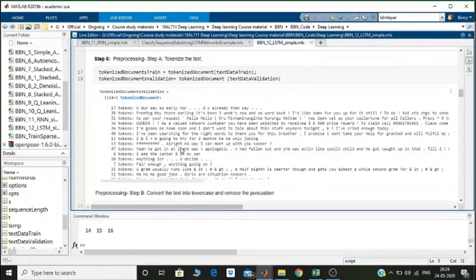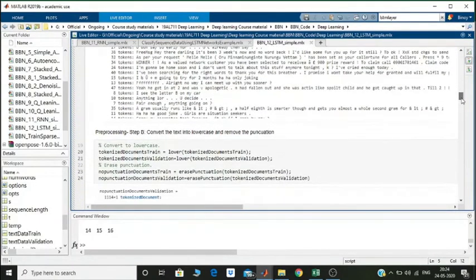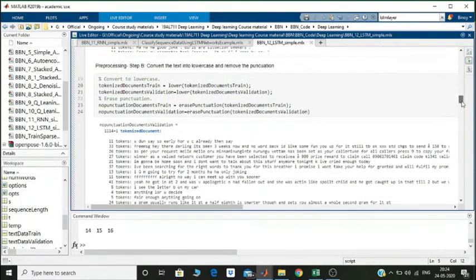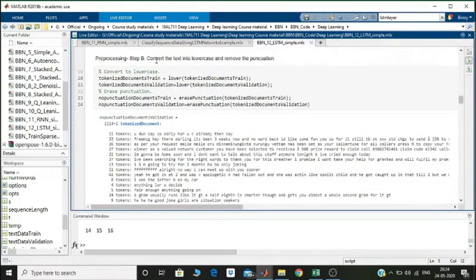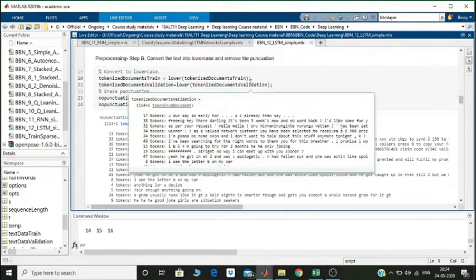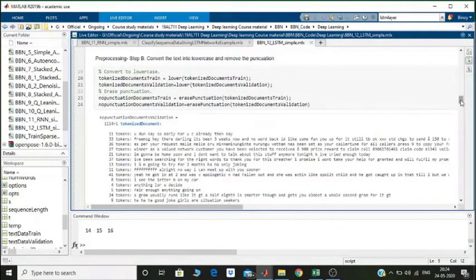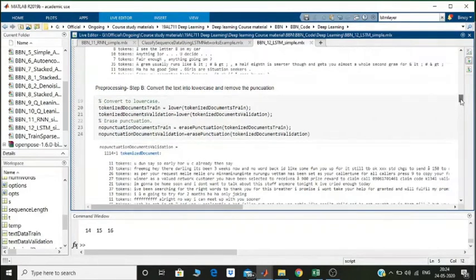You take the sentence, and the tokenized document automatically splits it into individual chunks, and each of them becomes one token. So once the data is tokenized, the next step is to convert the text into lowercase and remove all the punctuations. If you remember in the previous line, we saw the punctuations were also considered as one token each. And unfortunately, the capital and small case words are considered to be different by the machine usually.